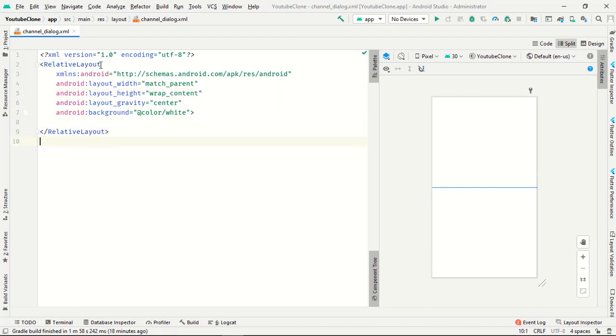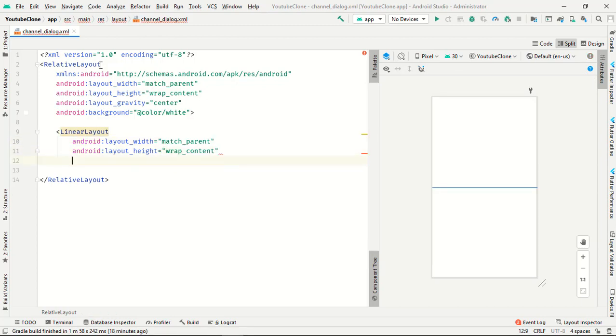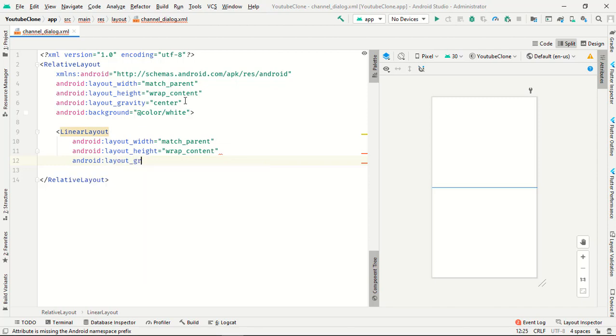Now we need one small thing: linear layout, match parent, wrap content, and the layout_gravity center.